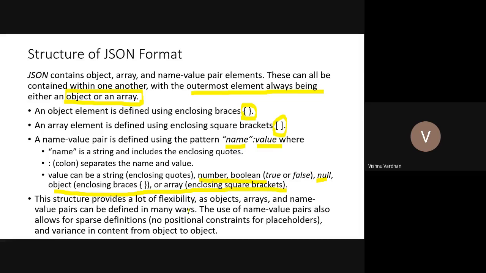So this structure provides a lot of flexibility as objects, arrays, name value pairs can be defined in many ways. The use of the name value pairs also allows for sparse definitions. That means no positional constraints for placeholders and variance in content from object to object. So what does that mean is actually you can have a very loosely defined definition.